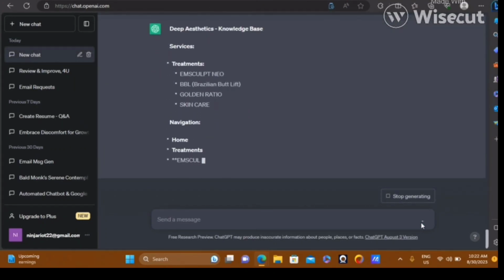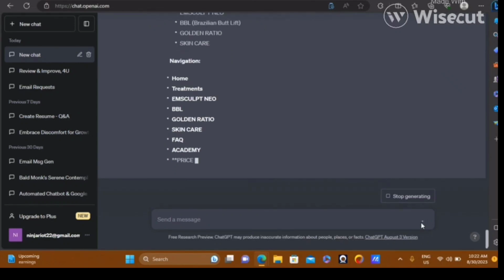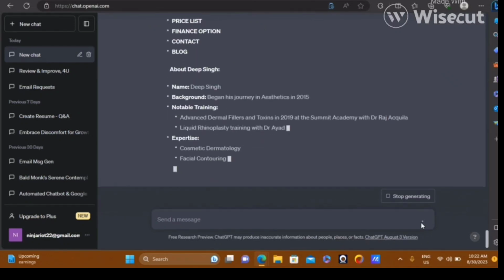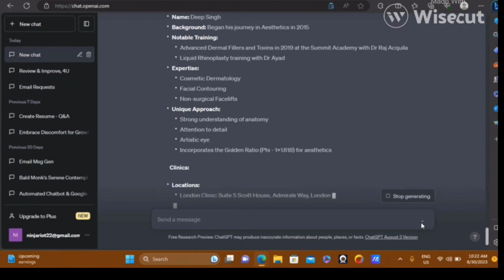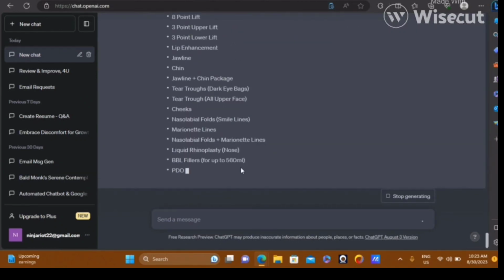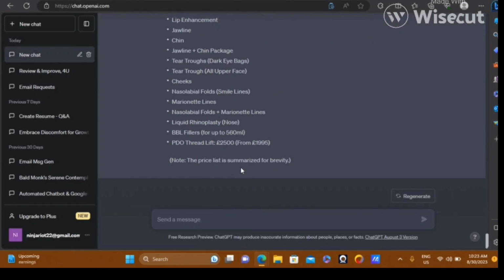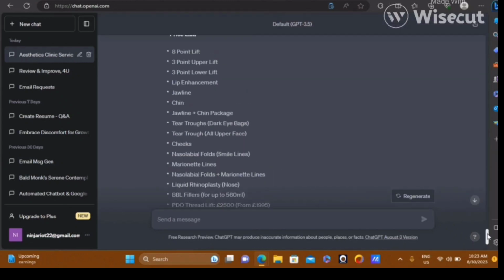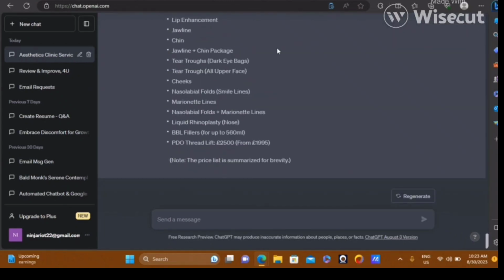ChatGPT now starts writing or extracting this information into a knowledge base, as you can see. What you can do here is remove anything that's unwanted or not necessary. Here we go, the price lists are right here. As you can see, ChatGPT didn't provide some of the price list of the services that they have here. So what I'm going to say to ChatGPT right now is,